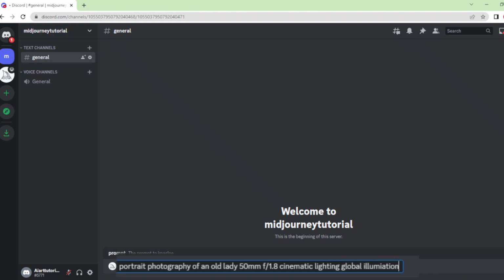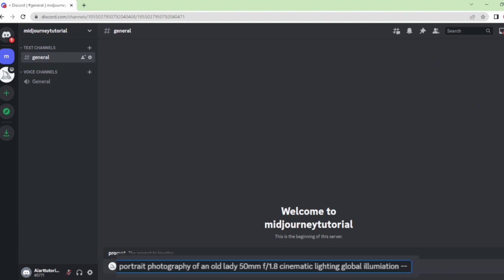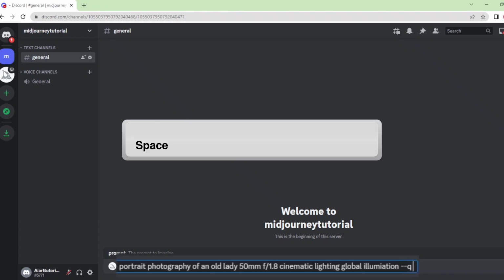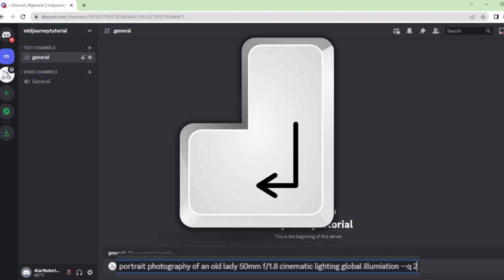Also, you can write down your favorite camera here, but I'm going to skip that part. So if you like a specific look from a specific camera, you can include that in your prompt as well. Finally, I'm going to hit space once and type down --q, and hit space once again and type down 2, and let's hit enter to see what it is going to